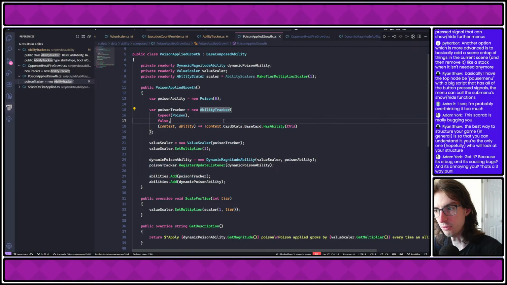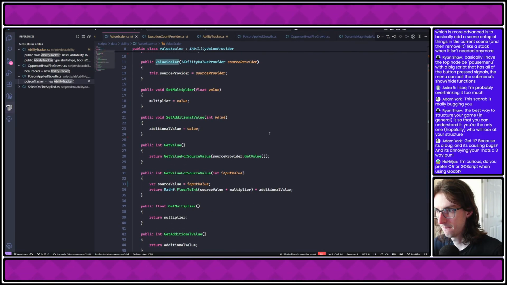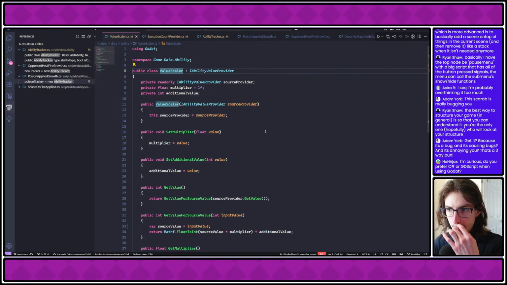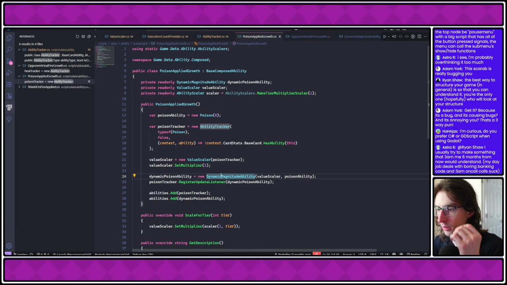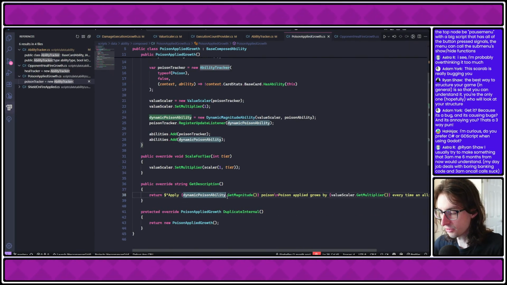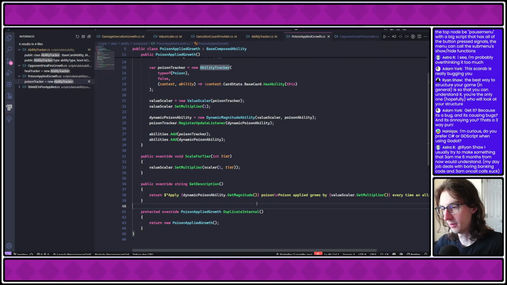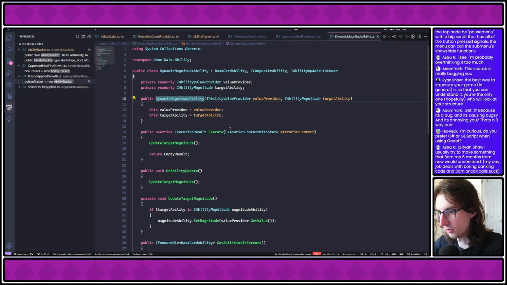Right, so when the poison tracker value changes, I see. So this magnitude doesn't get updated until it's told to be updated, and the reason why it needs to be told to be updated is so that the description can be updated. But why do I need to do that? I don't think I need to do that. If I'm doing that only for description purposes, then what I can do